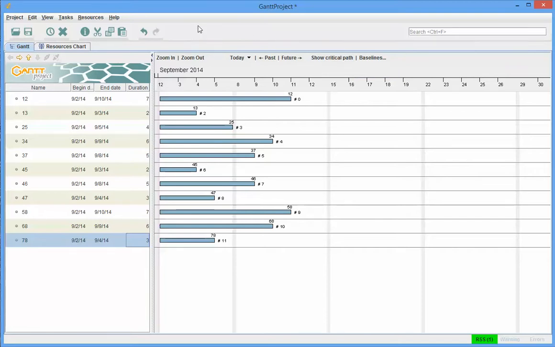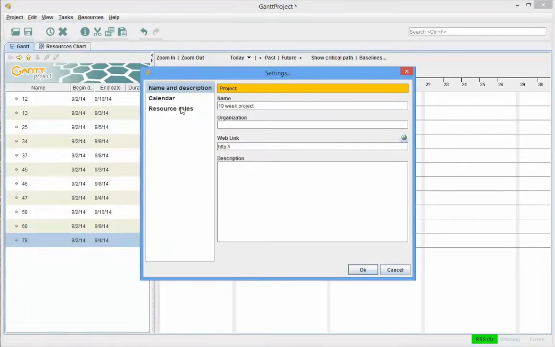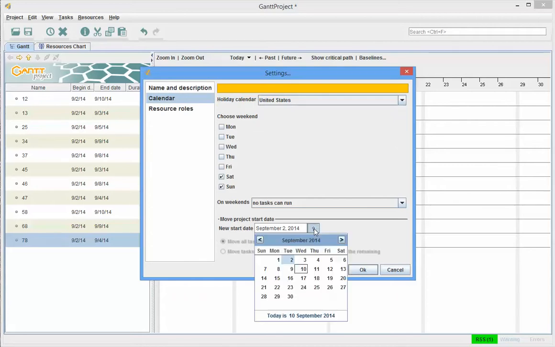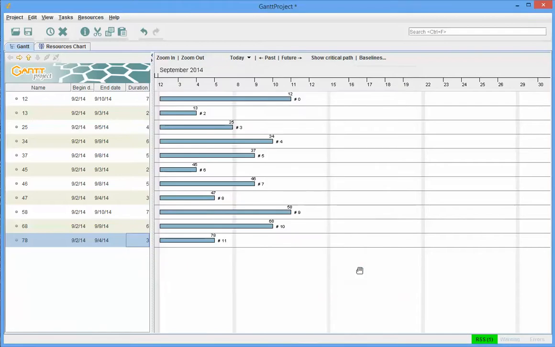I probably should have done that first, but let's see. So project properties, calendar. Okay, the new start date is going to be, let's say we want to start this thing as of Monday next week. Let's say that's when we're really starting to work on this project, and that'll move all the tasks in the project. So I'll say OK,